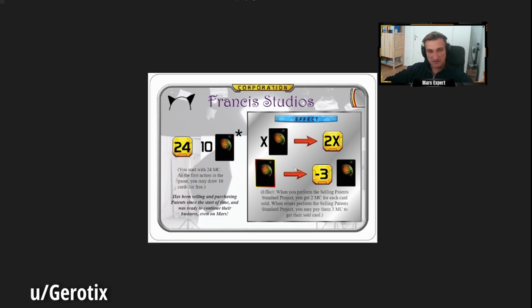The lower effect is really interesting, but I think it's not healthy for the game. And it is that when other people perform the selling patents action, so if they sell their cards, instead of them just going to the discard pile, you can look through them and pay 3 MC to get the sold card. So you can just buy the cards that they sell. First of all, this basically makes...